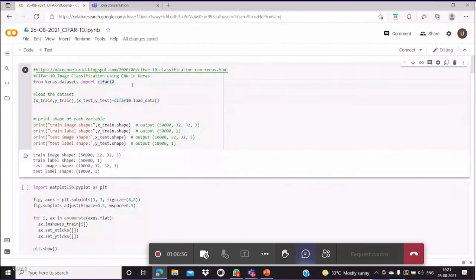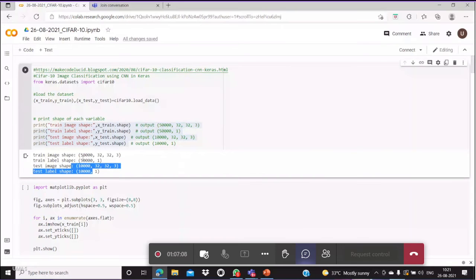So first, I have to consider the CIFAR 10 image dataset. That is in the Keras package. So I'm importing the CIFAR 10 dataset from the Keras datasets, and loading the data into training data and testing data. As I already said, 50,000 are taken as training images and 10,000 as testing images.